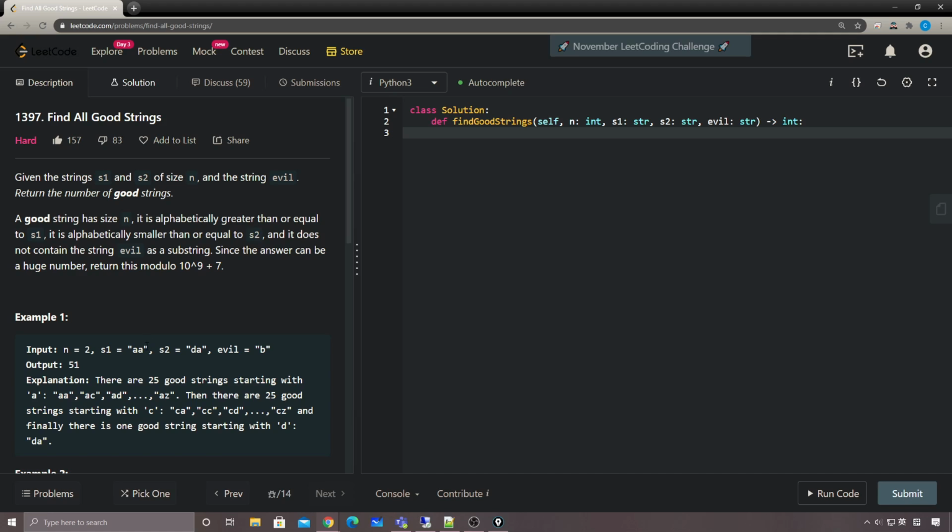So what does this mean? It means, a few examples here, right? We have s1, s2, AA and DA, and we don't actually need this n. We can just simply get the length from either s1 or s2, and the evil string B here. And the answer is 51. So why is that? Because